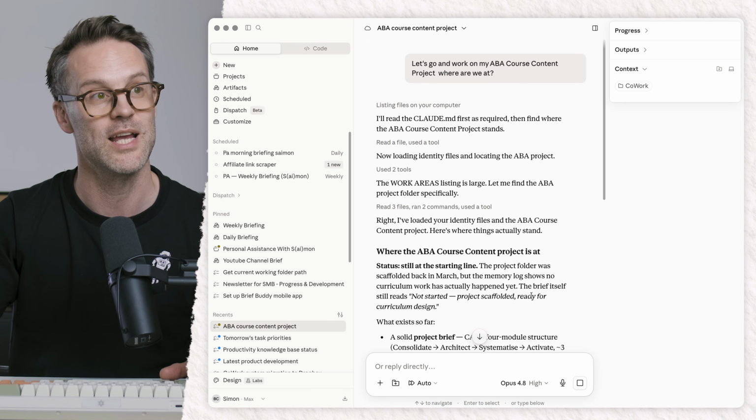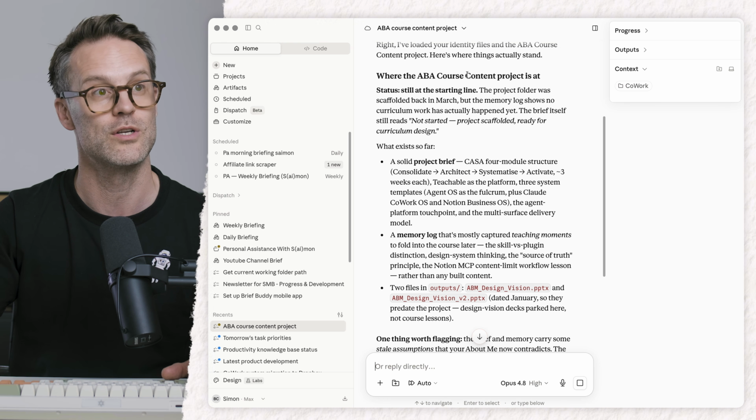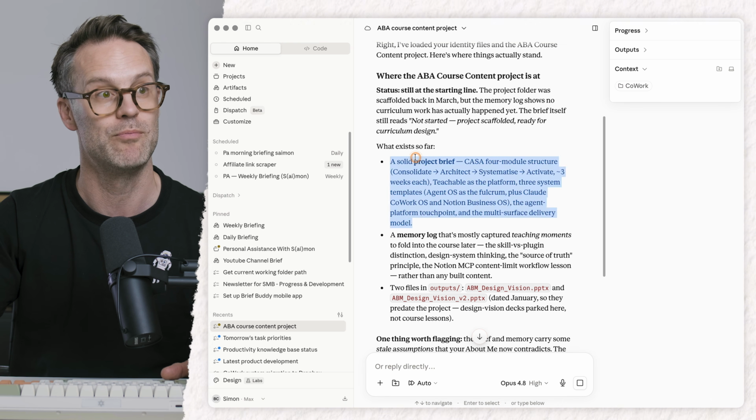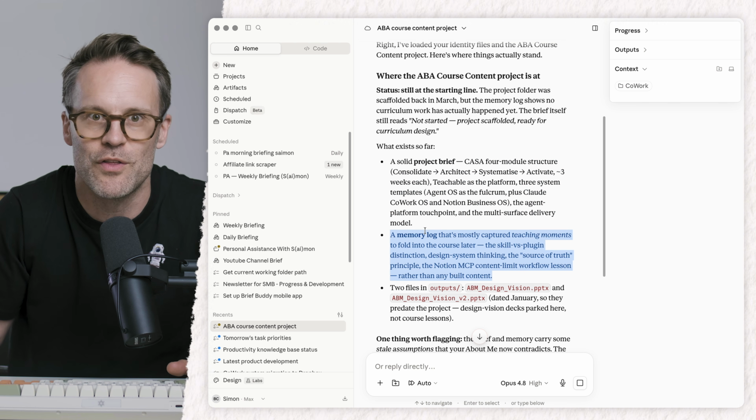And there you go. Look, you see, it has found the course content project where we're at. It's read the brief, it's read the memory log. And there's nothing to worry about. So all that's left to do now is check that it works both on mobile and on the computer. So first on the computer,